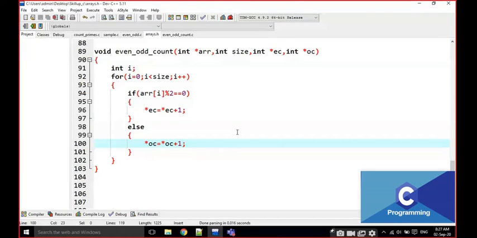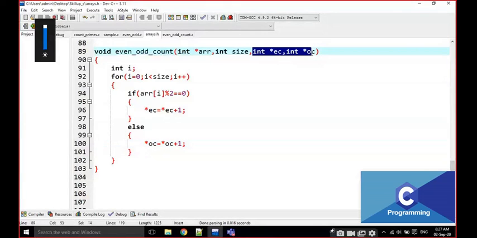In this function definition, we are not returning anything. But how are we returning the values? Because these two values are coming as addresses. If you modify anything on the address values, it is automatically applicable on the original values.